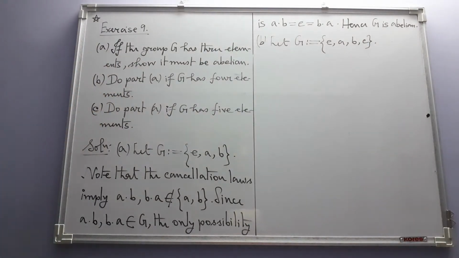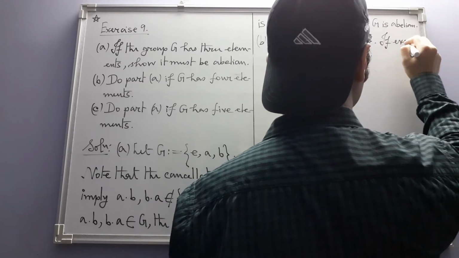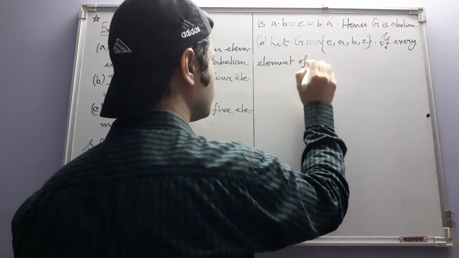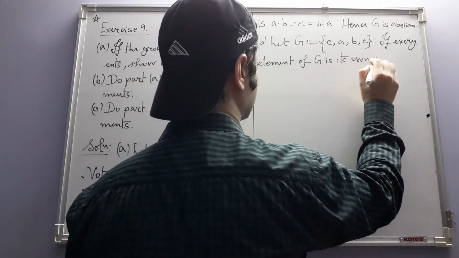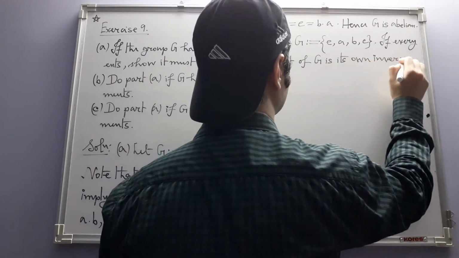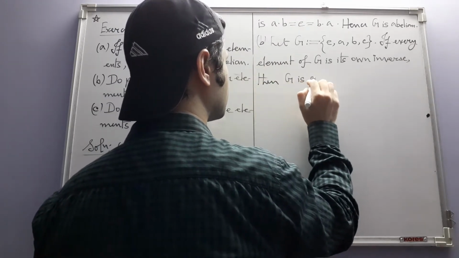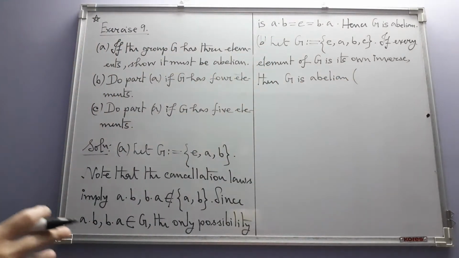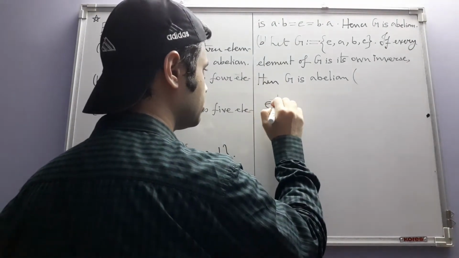Okay, so now apart from the identity E, we have 3 more elements, A, B and C. If every element of G is its own inverse, then G is abelian. Okay, if it happens that every element in G is its own inverse, we already know that the inverse